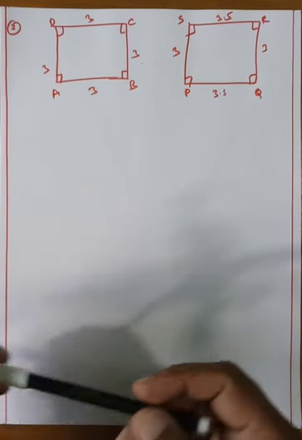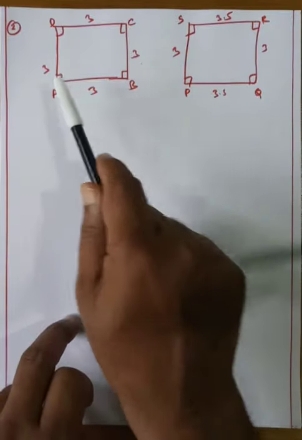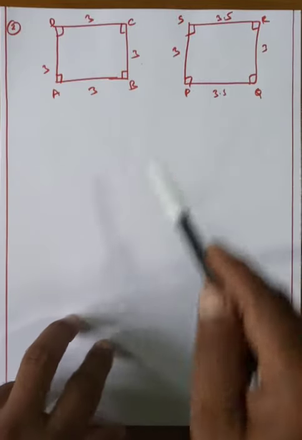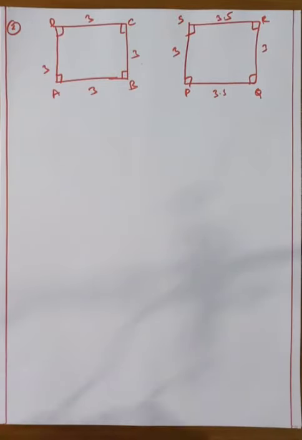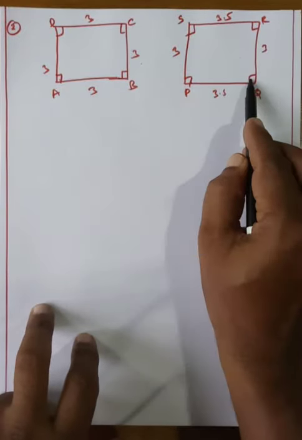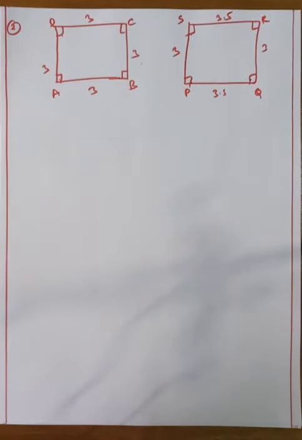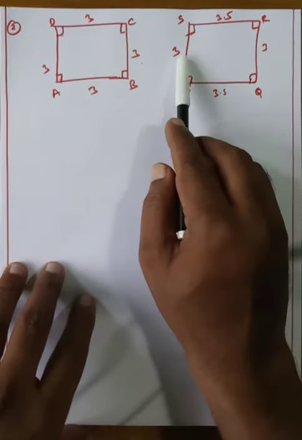Observe that here all sides are equal and each and every angle is 90 degrees. This is a square. Here opposite sides are parallel and equal, so this is a rectangle. Square and rectangle, the number of sides is 4 in each. Okay, one property is over. The corresponding angles must be equal: here 90 degrees, 90, 90, 90. Okay, my dear students, so corresponding angles are equal. Next, the corresponding sides must be in the same ratio. Here 3 by 3, 100%. 3 by 3 means 1.